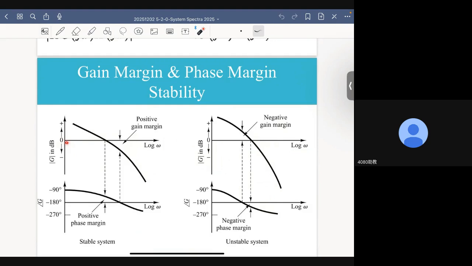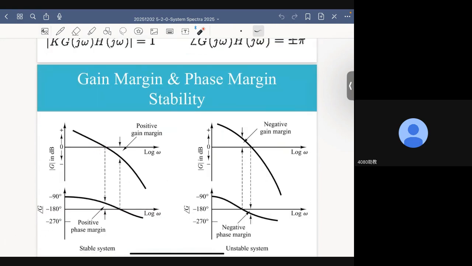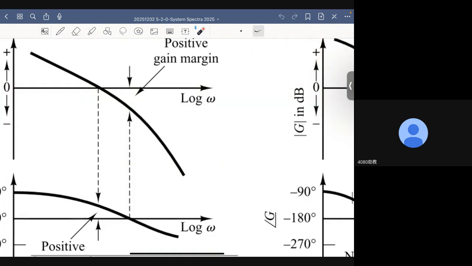Okay, if in this case the phase happens to be -180 degrees, then the system is on the verge of instability. However, when the loop transfer function has a gain of 1 and therefore a dB value of 0, and the phase is not -180 degrees